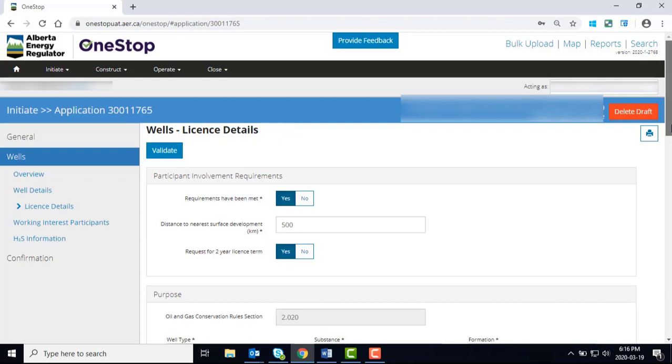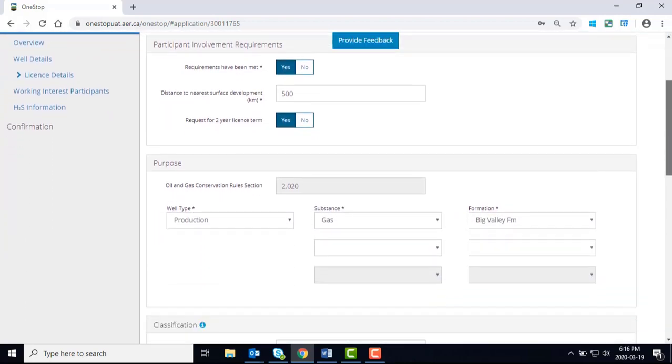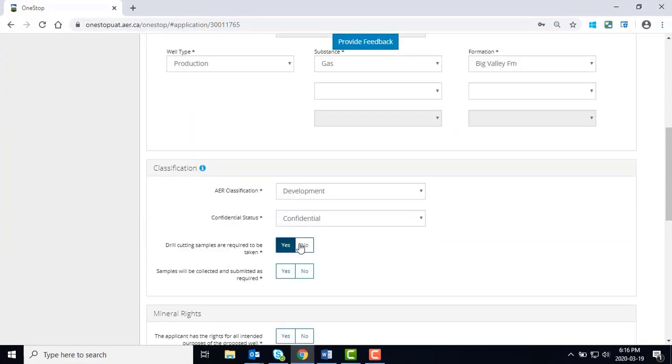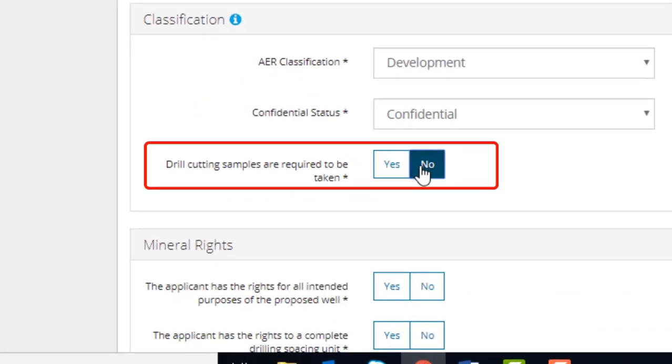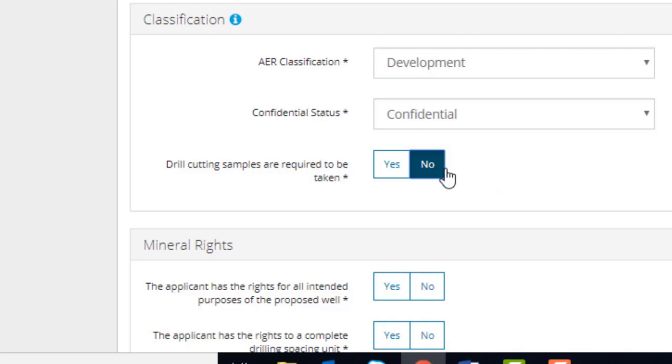On the well's license detail page, in the classification section, enter all information for the proposed well classification and confidential status. Select yes or no to the "drill cutting samples are required to be taken" question. When you select no, proceed, as you have indicated no cuttings are required to be taken pursuant to Directive 56